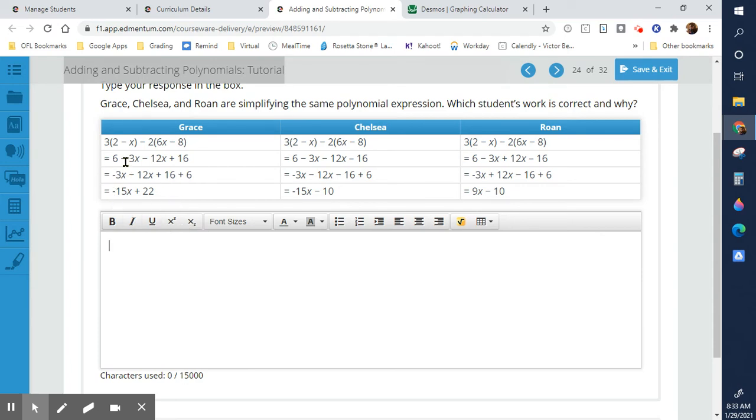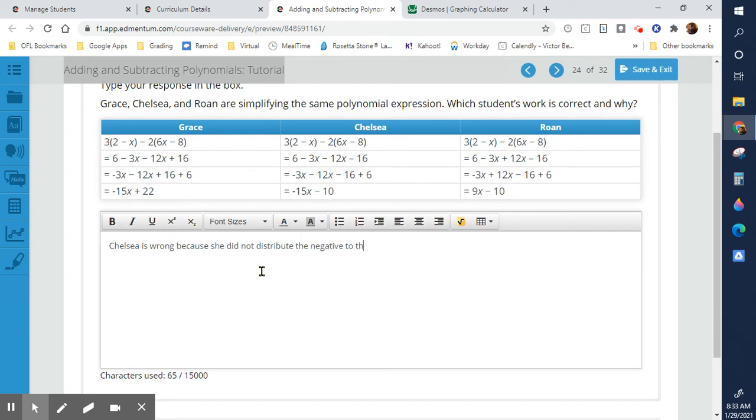Then the negative 3x and the negative 12x, they're putting them together. We have 6 and 16. So Grace's looks correct. Let's take a look at Chelsea. Chelsea distributes it, but Chelsea did not distribute the negative to the 8. So Chelsea is wrong because she did not distribute the